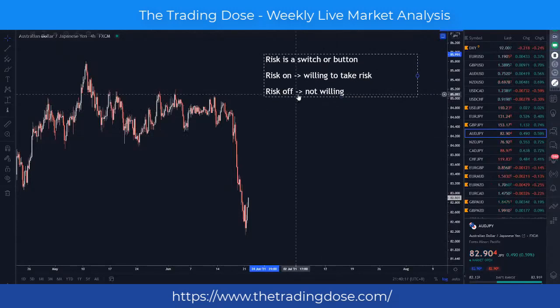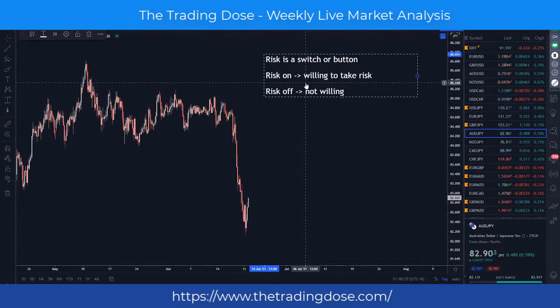So of course, this is a very oversimplified way of understanding, but it helps. If today you are willing to take risks, under which circumstances or environment would that be? Just imagine, if today you are a trader or investor with a lot of money, you're definitely going to be a little bit protective of capital. So you would then have these two modes: first, you are willing to take risks and you are a little bit more aggressive, and then you have the other mode where you want to protect your capital, so you're not willing to take risks. So you need to then understand at what situation will you be willing to take risks.